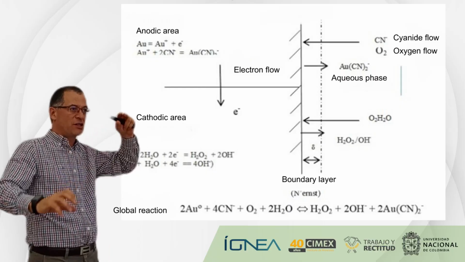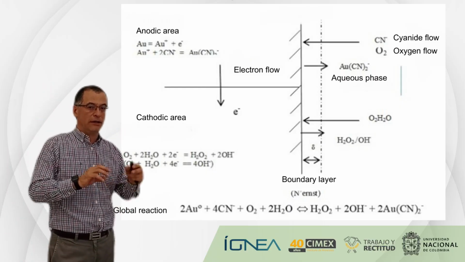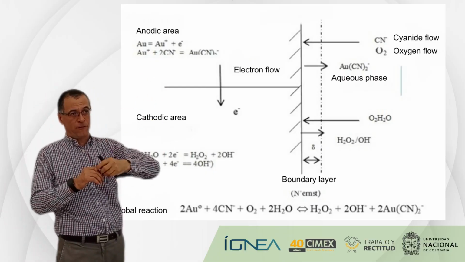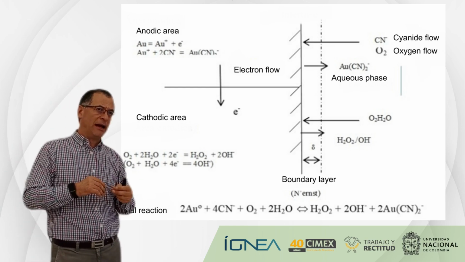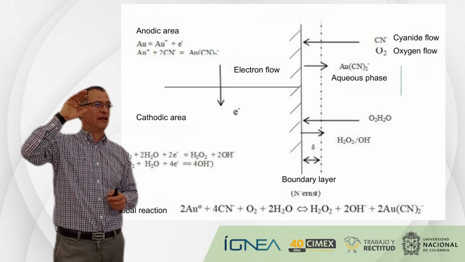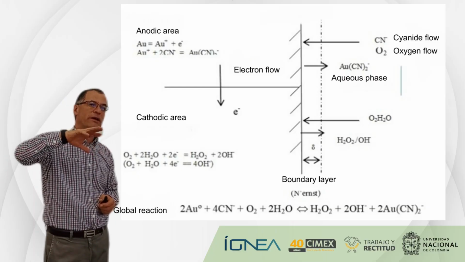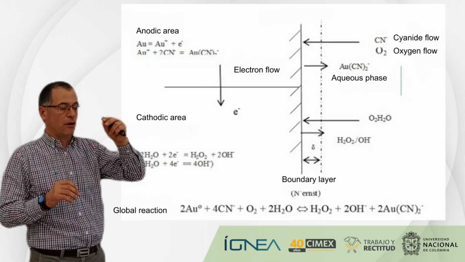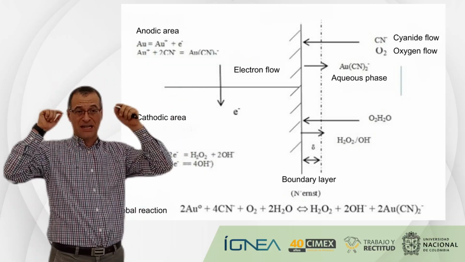The first stage is an oxidation of the gold. The gold is oxidized and expelled, or frees, an electron, and you have the anodic area of the reaction. The anodic area of the reaction is the gold. One electron is free from the gold. It means that the gold is